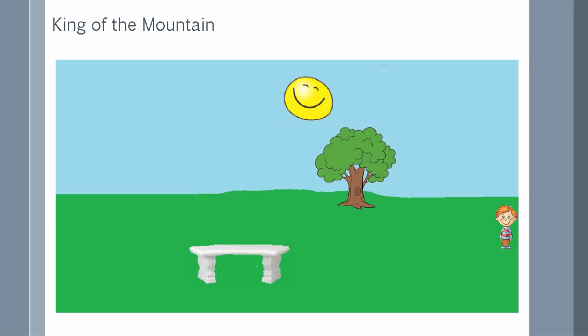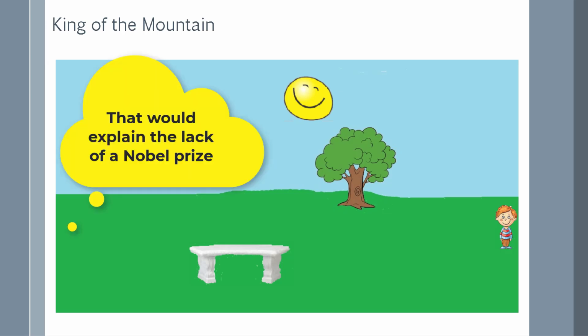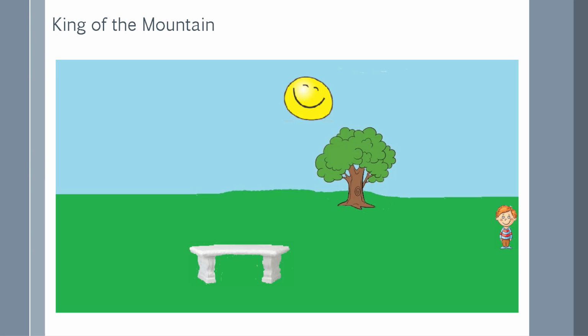My favorite subject in elementary school was recess. We would run outside to release the stress of cramming all that valuable learning into our developing brains. Outside, there was a concrete bench, and we used it to play a game called King of the Mountain. One kid would jump up on the bench, that is, the mountain, and be king, and the others would take turns trying to replace him by pushing him off the bench.